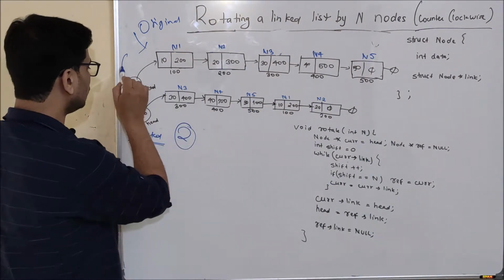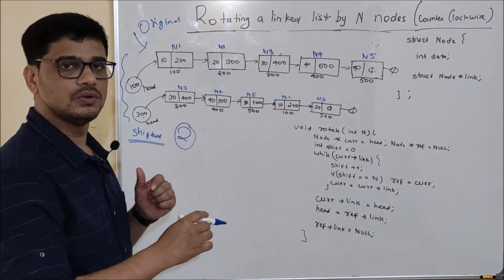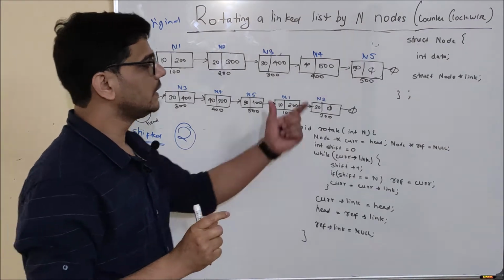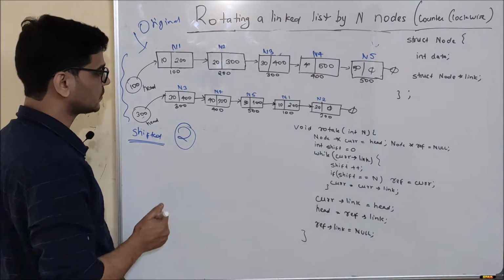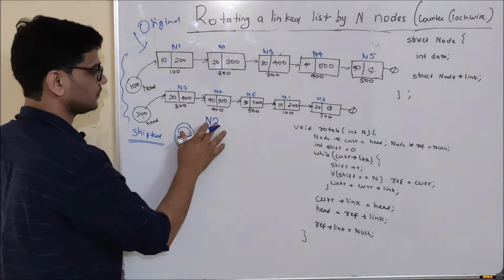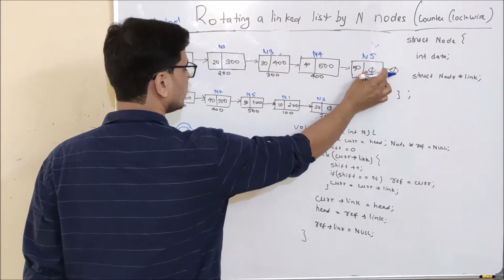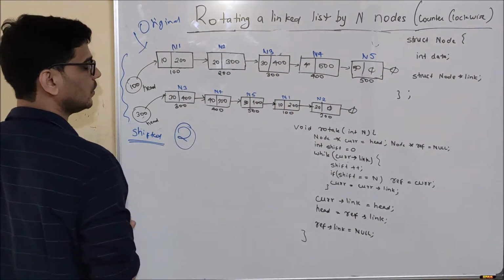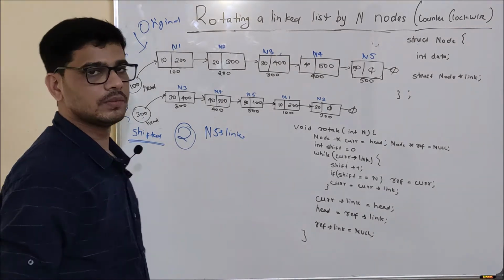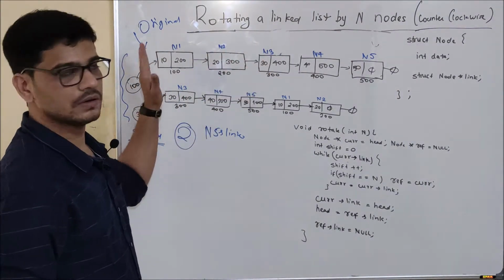And if you watch these two linked lists carefully, then you will notice some difference, and that difference will be in the link part of the nodes. And if you watch carefully, what are the pointer changes we are making here? See, I am updating node 5's link part to node 1. If I want to give it a shift of 2 nodes, that means the third node will become the first node.